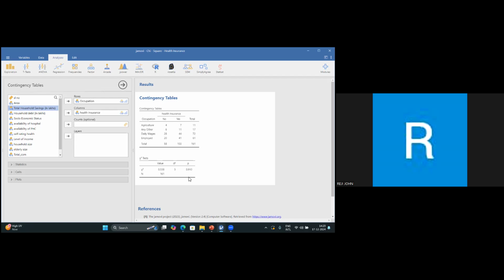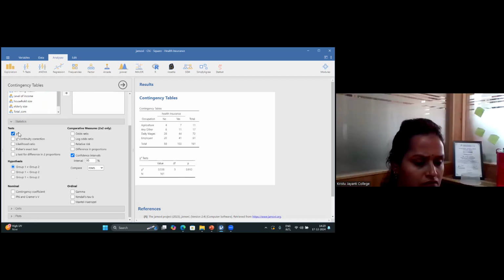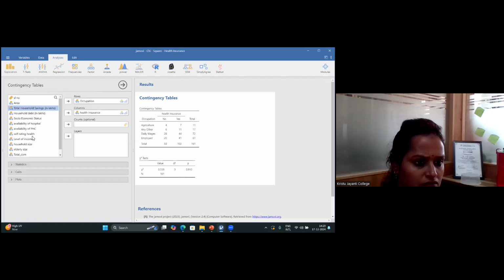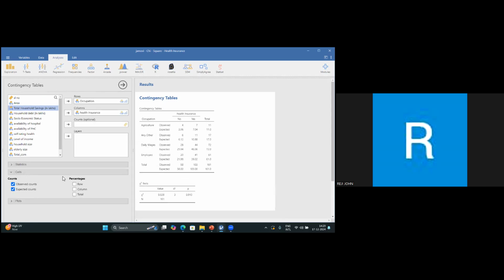If it is 4 cross 2, we'll be using the same value. In our example, you can see it is 0.910 and you have statistics here. If you click the statistics, by default, there is a chi-square value. Before statistics, if you really want to see the expected counts, you just click on expected counts and you will